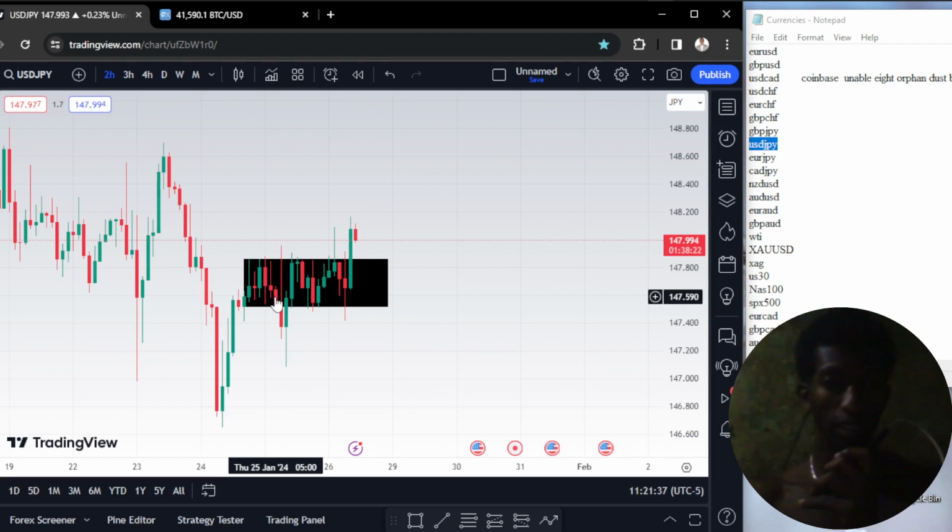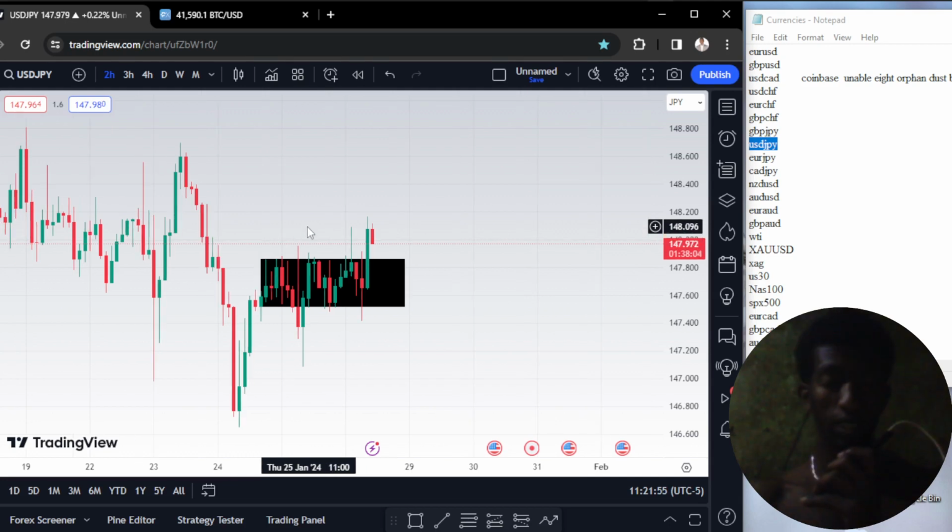The TP is hit, so your 70% is out, and now it delivered to your stop loss, so you will be out of the trade. Don't worry, you are in profit, so you don't even care. Next, what happened was that it delivered to the downside, making a fake out,